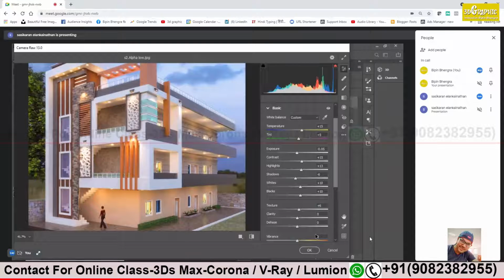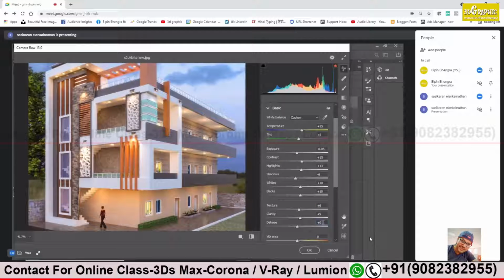You see more details of your texture. Clarity also does the same thing, but only use texture and clarity. That is more than enough. 5-10% for texture, between 5 to 10 value for clarity. That's all.